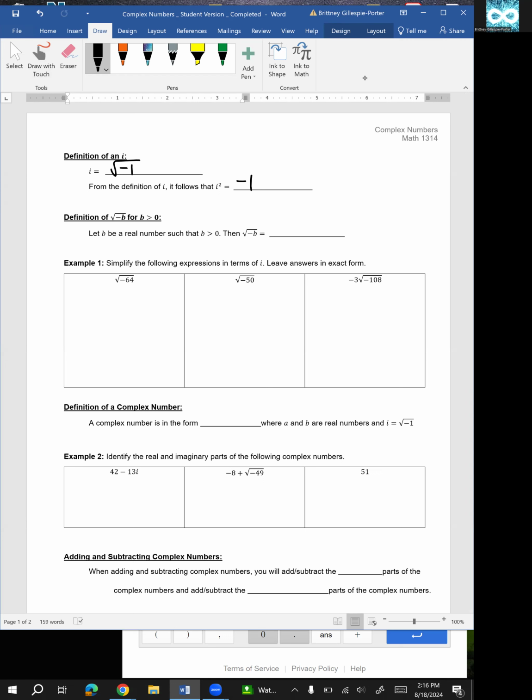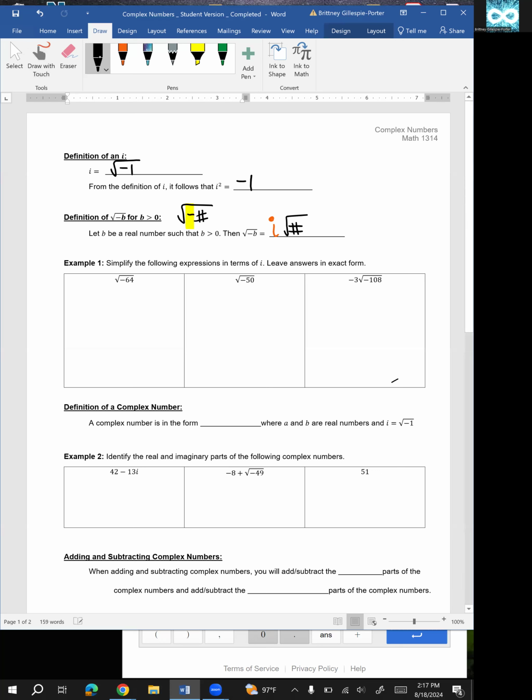Now, if we have the square root of a negative number, so we use b, but I know that putting in more letters just makes it confusing sometimes. If you have a negative under a square root with just a single number, that means that you can take an i out because of the negative, and you're left with the square root